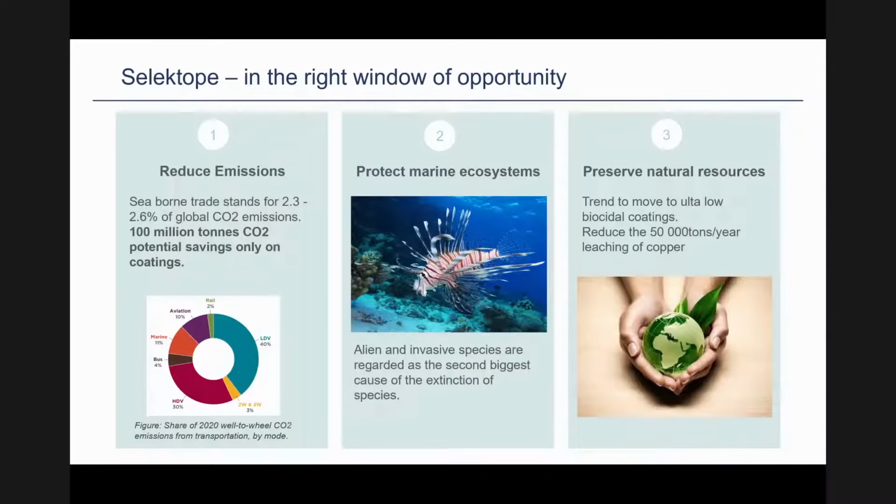It's essential to say then that shipping is a very important part of the global infrastructure. So it's not something that can be replaced, rather the opposite. Using more shipping actually improves the total CO2 footprint in contrast to other transportation means, for long distance transportation at least. And these 100 million tons of CO2 that the industry is